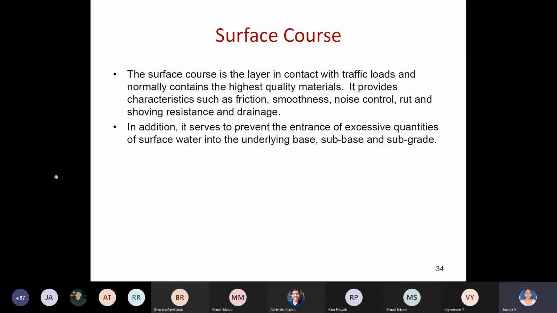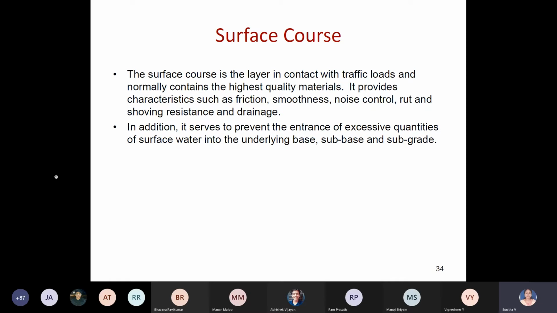First, you want your pavement to be smooth enough. In the same way, it should have sufficient skid resistance properties, so friction also you should consider. There are many types of equipment where you can check the friction of the road. Earlier we were not testing that property, but now you have to check the frictional properties of the pavement, both rigid and flexible. It should have characteristics of friction, smoothness, noise control, rut and shoving resistance,